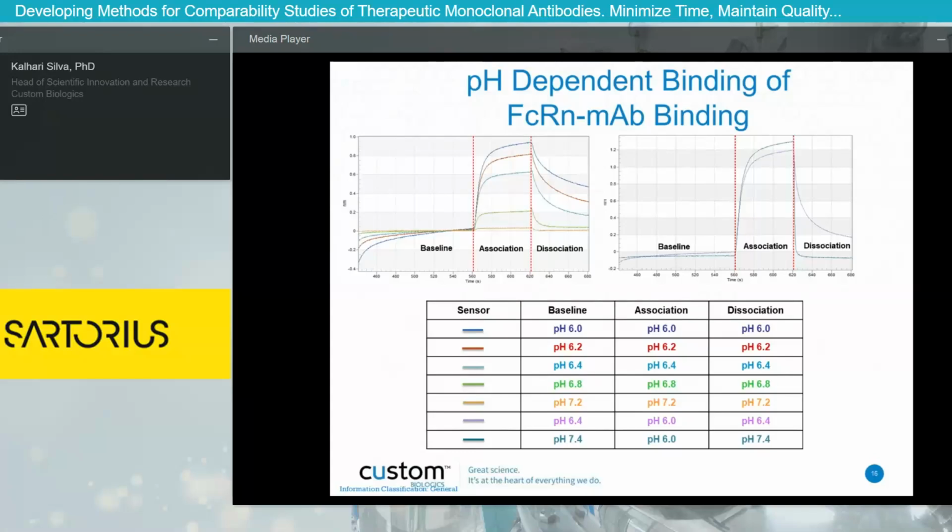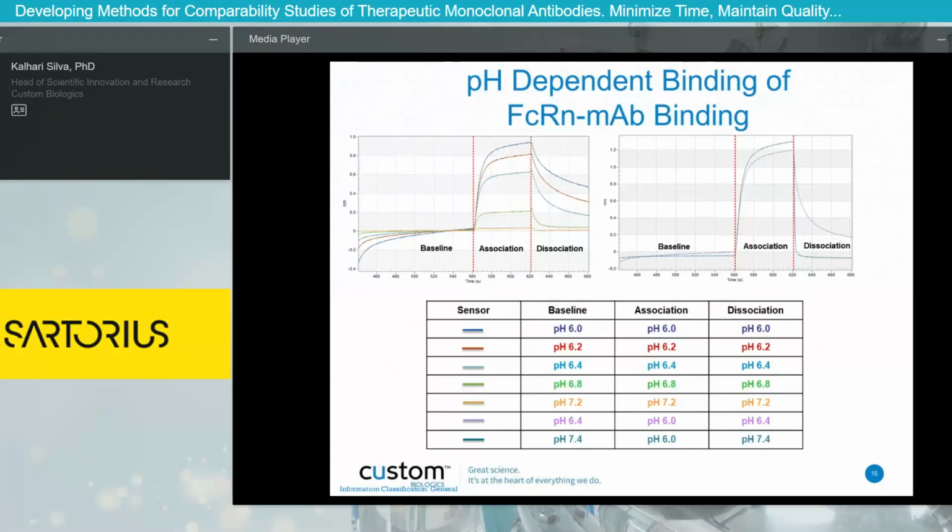into the dissociation phase. As you can see on the sensogram on your left side, the association increases with decreases in pH, being the highest at pH 6 and lowest at pH 7.2. And on the right is a binding isotherm that is similar to a physiological condition, where the mAb binding to FcRn occurs at pH 6. It is depicted by the blue line, and it is released to the bloodstream at pH 7.4 quite fast